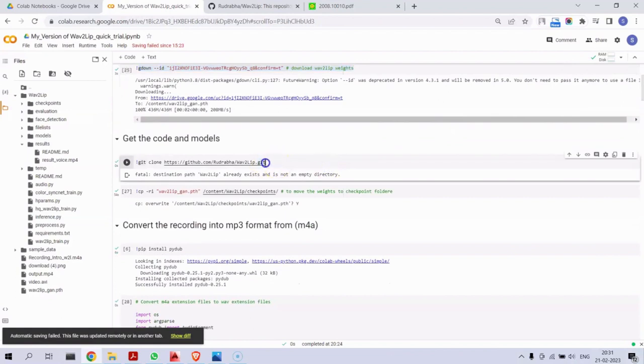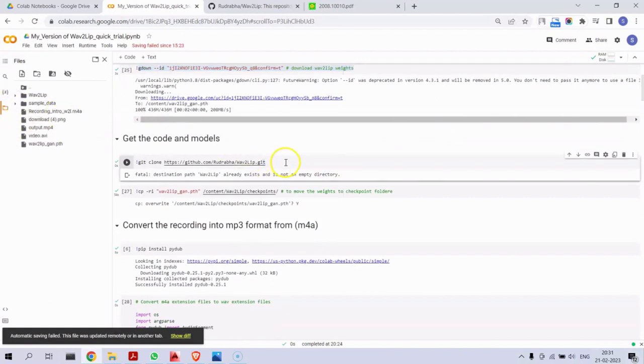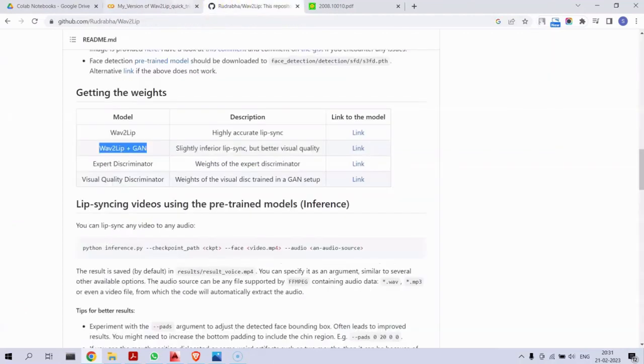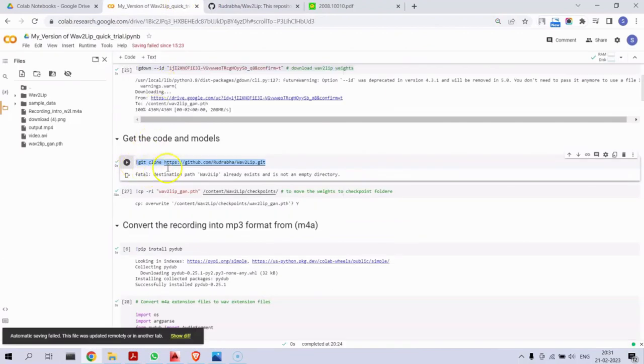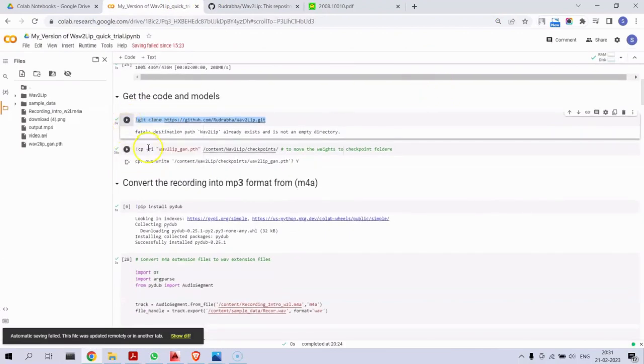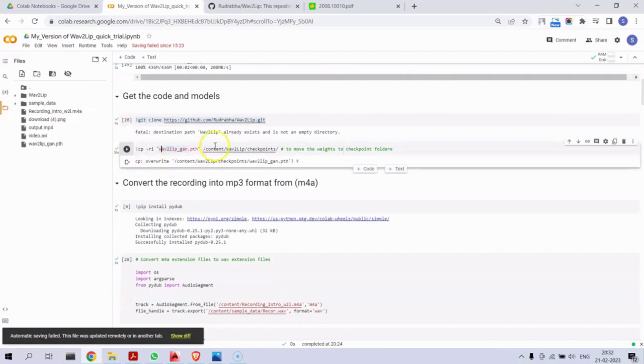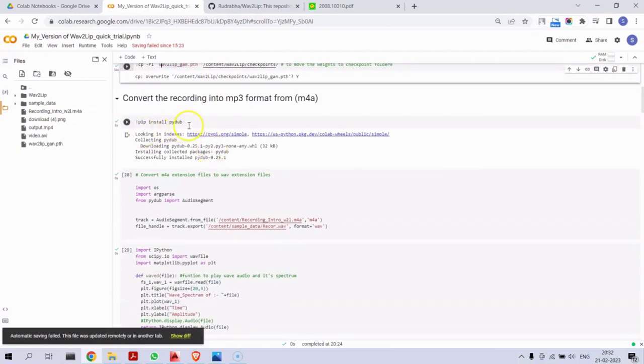Then you'll be running this entire Git repo in your drive. Run this line to download the entire Git repo, clone it here. Just run this line. Then this cell, and then here